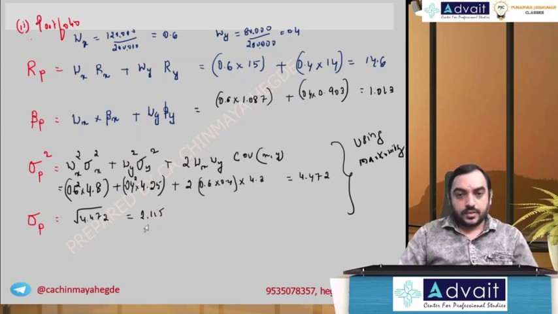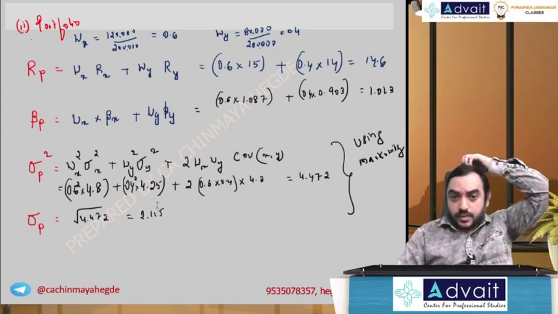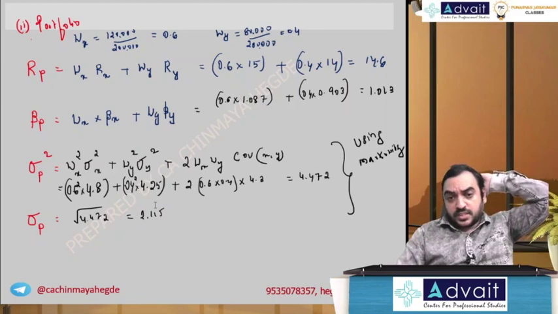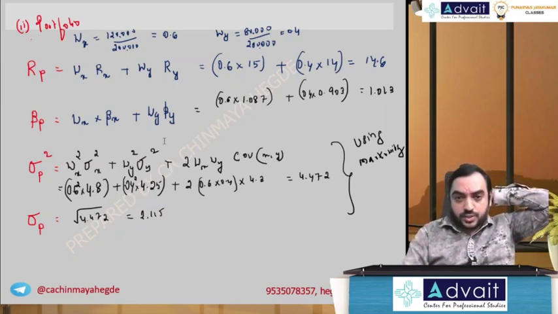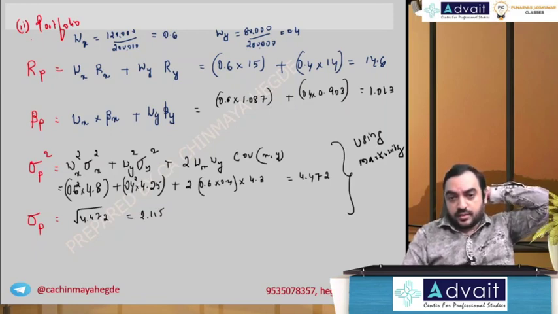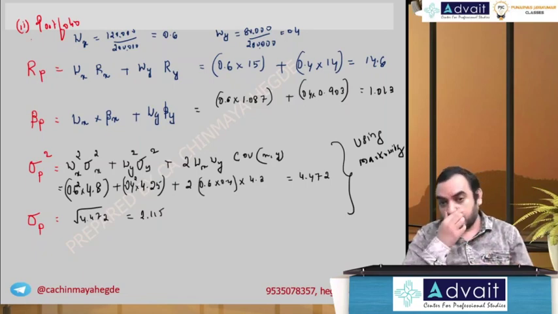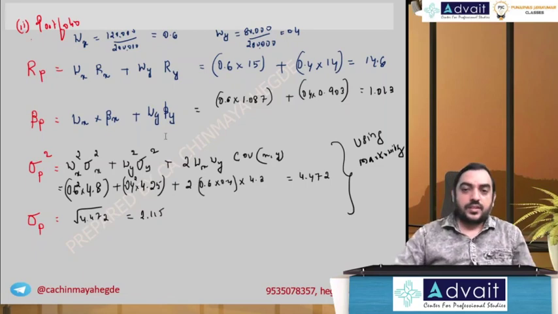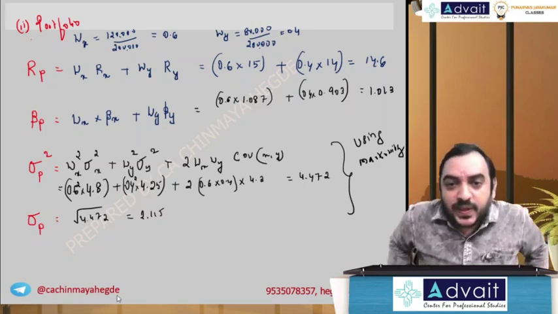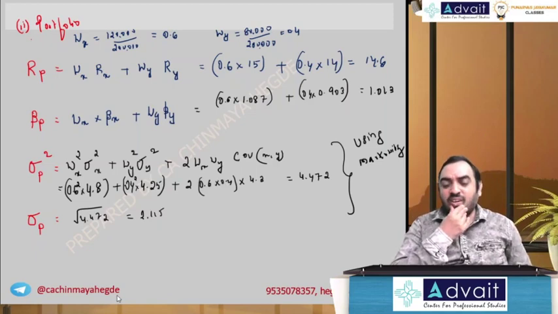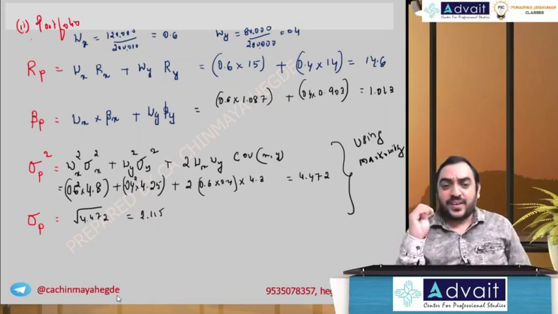Okay. What else is required? Expected return, systematic risk, unsystematic risk, Sharpe ratio, Treynor ratio, and alpha for X, for Y, and the market portfolio mix. I think the second part and third part will take a little bit more time, and I don't want to do it in a hurry and mix and match that part here, part there.